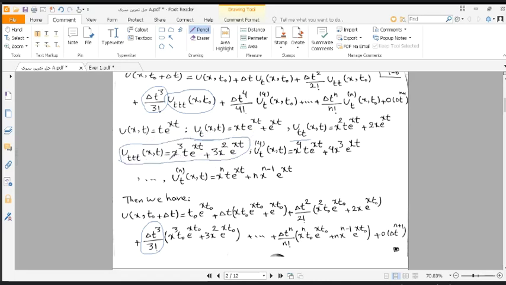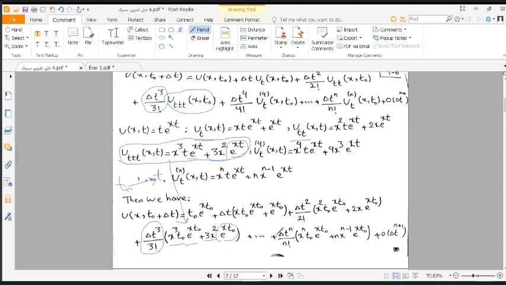We should write this, and we should put T0 instead of T, and we will have X3 T0 e power X T0 plus 3X2 e power X T0, and so on until delta Tn over n factorial,